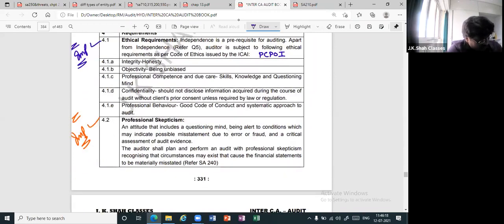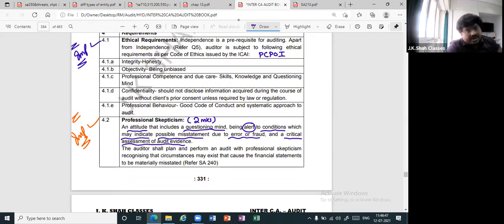Thereafter, professional skepticism, important. Normally it comes in the examination for 2 marks. See, it is an attitude, which I was talking about. That includes a questioning mind, being alert to conditions which may indicate possible misstatement due to error or fraud, and a critical assessment of audit evidence. So even if I get audit evidence, if I have any doubts, obviously I will ask now